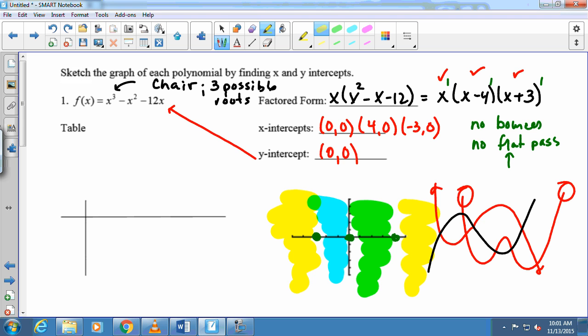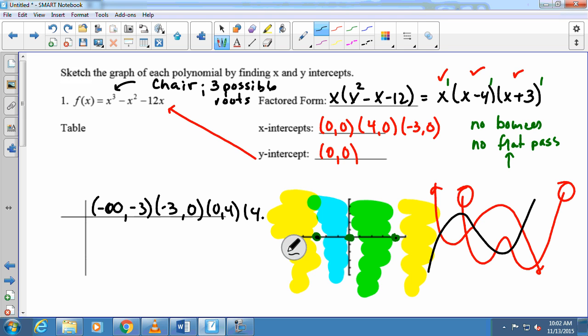To set up these sections, I'm going to go from negative infinity to my first point I know, which is right here, which is negative 3. And then from negative 3 to 0, I'm concerned, but I know what happens at 0, so I'm not going to include that in my interval. And then I've got to go from 0 to 4. I know what happens at 4, and then what happens in the last yellow section. Down the side is my polynomial. Now I've got it written two ways,